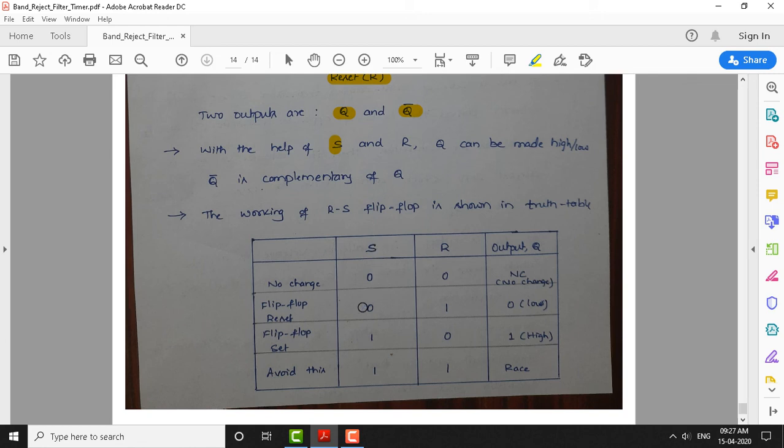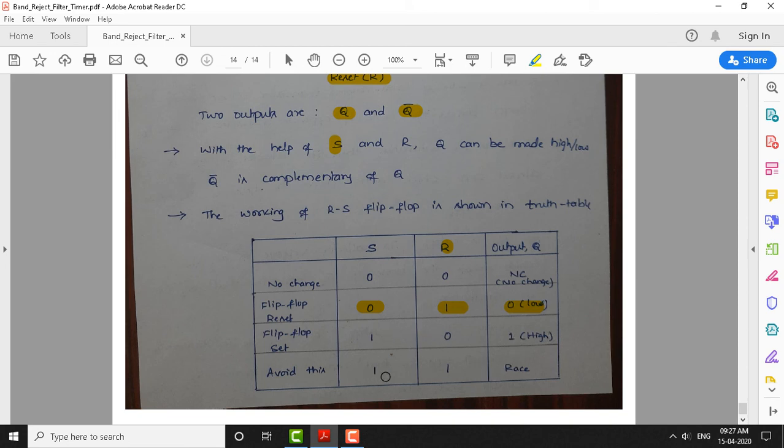When we make S as 0 and the reset input as 1, that means we need to reset the flip-flop, because the reset signal is applied at 1. So Q becomes 0. We have already seen this working, and now we are analyzing only the truth table. To change its state from reset to set, we need to change the S input to 1 and the R input to 0. Therefore, when we do this, Q becomes 1, which is the high state.